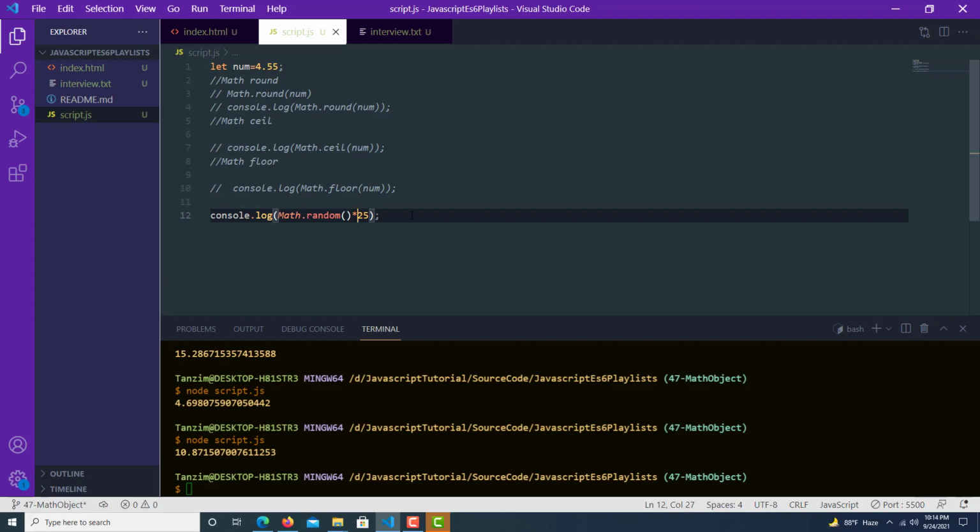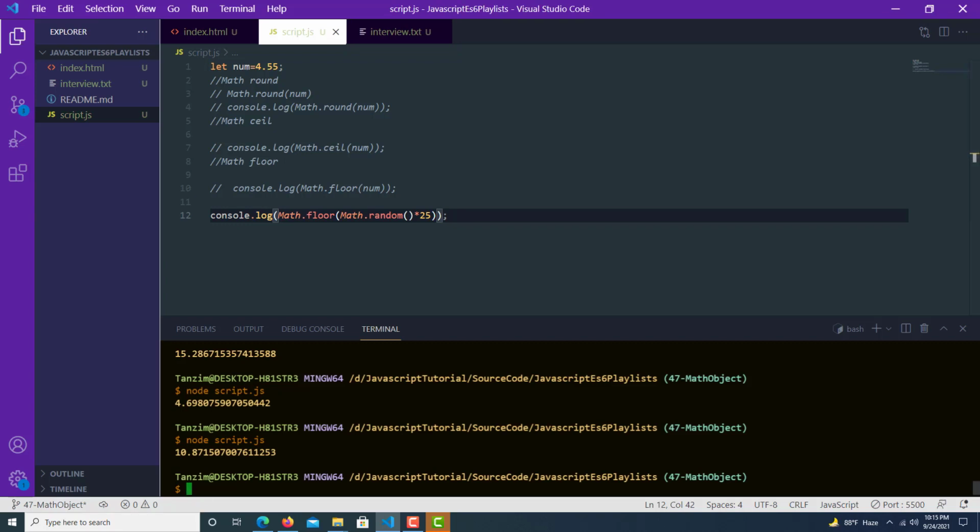Now you might need Math.random to find a random ID when you're dealing with some fake APIs, or maybe at times you won't have the luxury to work with a backend API. So if you write Math.floor and do it like this,